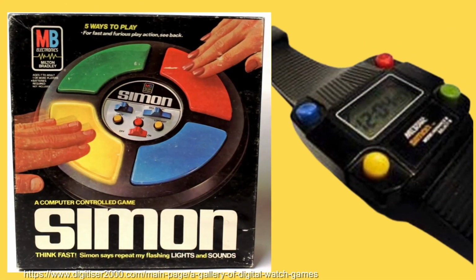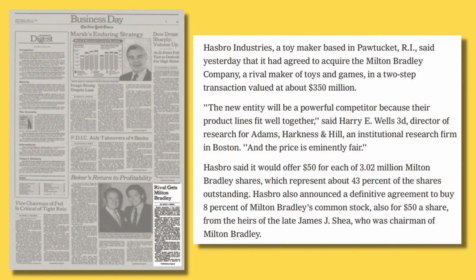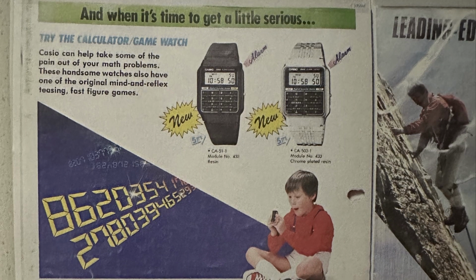One of their games was Simon, which was funnily enough also a game watch, and the Vectrex was an unfortunate victim of the 1983 video game crash, with Milton Bradley itself being acquired by Hasbro in 1984, who closed down the GCE division. The other major contributor to gaming watches is of course a channel favourite, and one of the